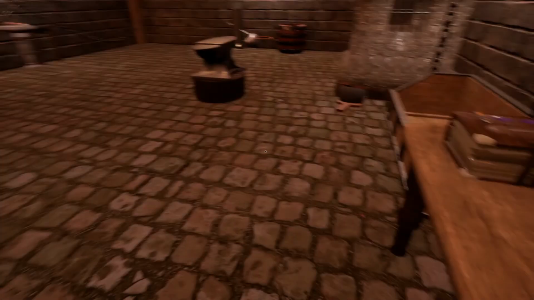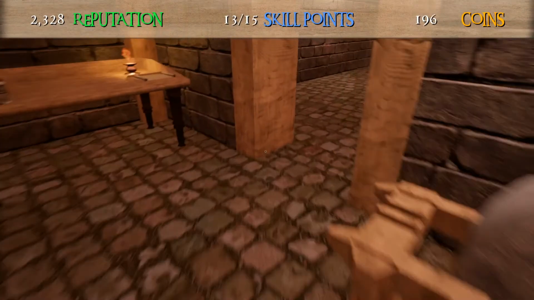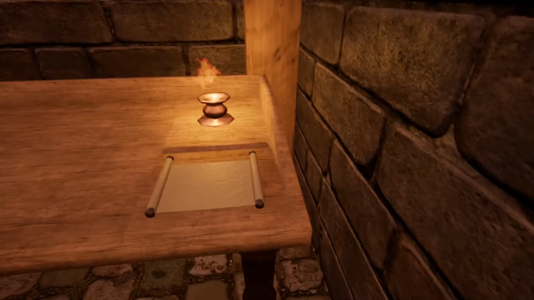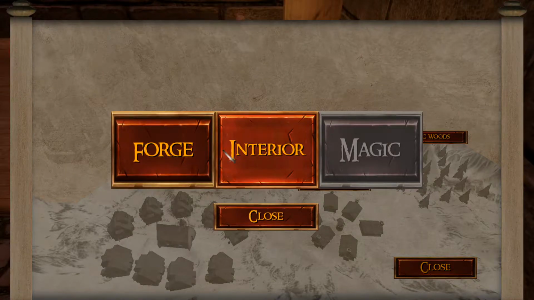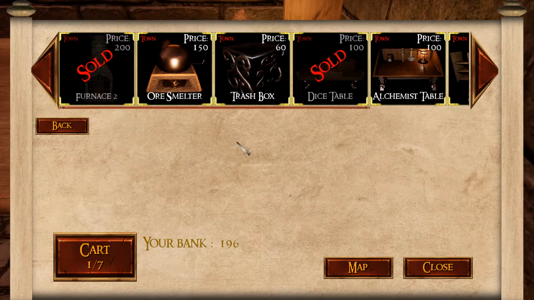Okay, I'm back, guys. I know I said that I would only come back when I got to use the dice table, but now I have enough money, and I have collected 1, 2, 3 pieces of iron. So I think I'm going to quickly buy, I think from town, it's town to get ore smelter, 2 minutes, find ore in mines, use pickaxe, blah blah. Okay, the ore smelter,